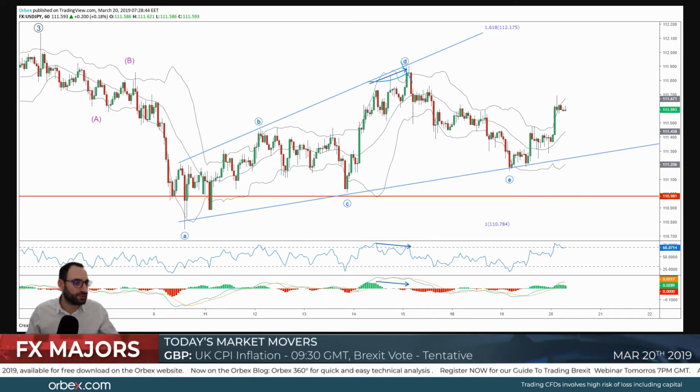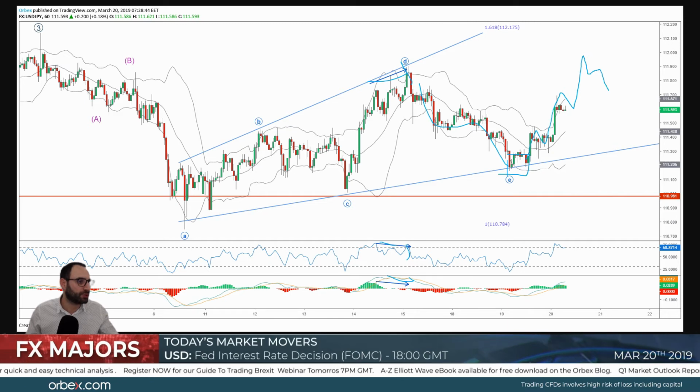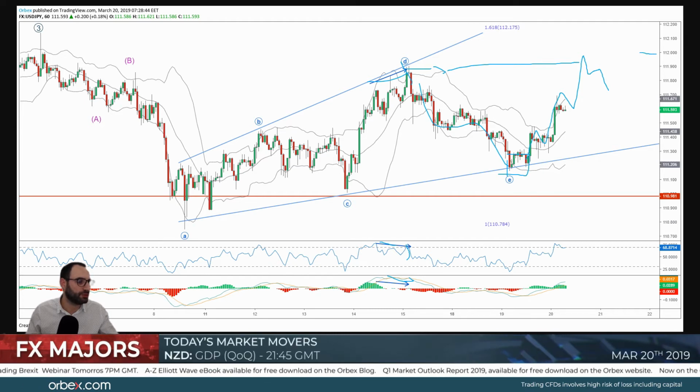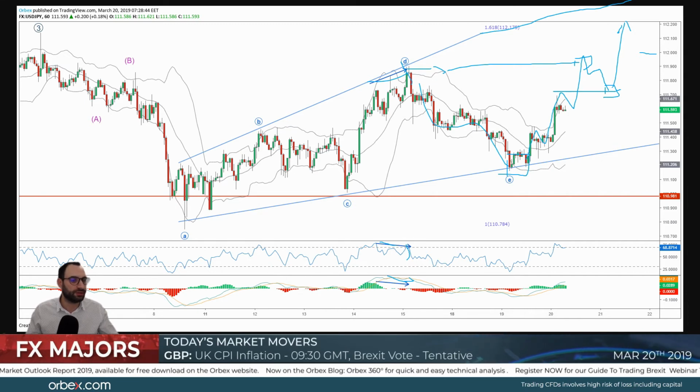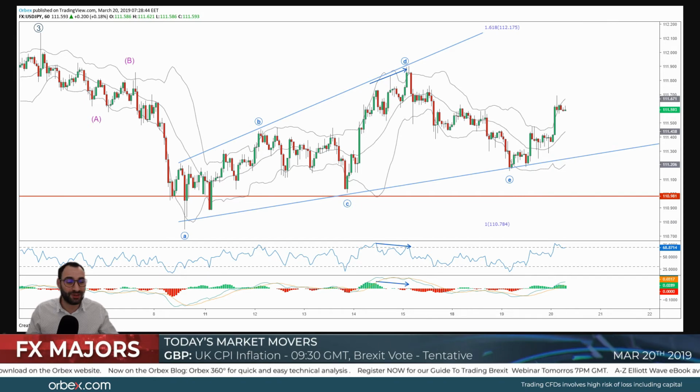So we received a bearish signal here, which is good. We had this correction, and from down there we have first wave, second wave, third wave. We could see some rejection over here at 112 because it's a psychological level, as well as would be the end of this impulse wave. We could see a correction down to that level, and from here go all the way up to 113 and even higher.